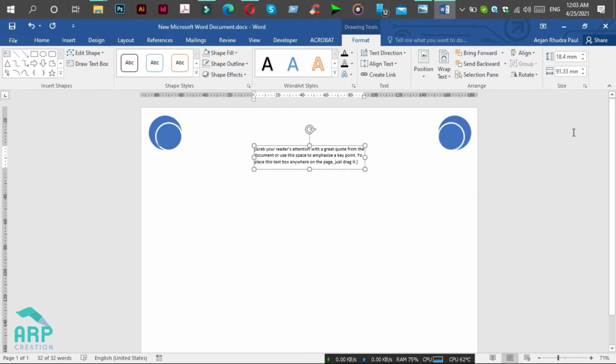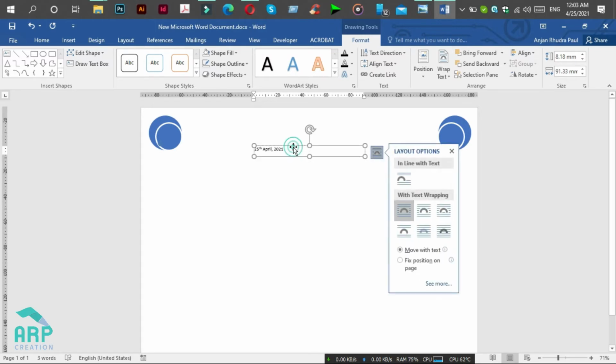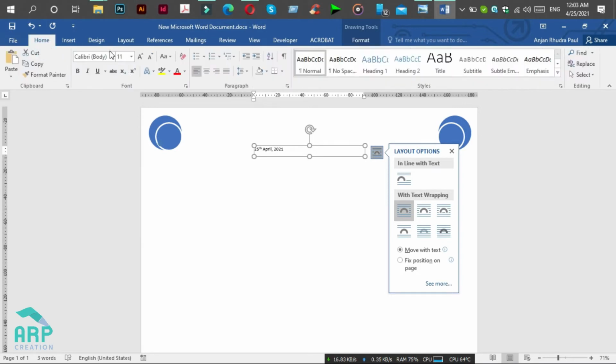Okay, now I will rename this text to date and change the font to Lucida Sans.